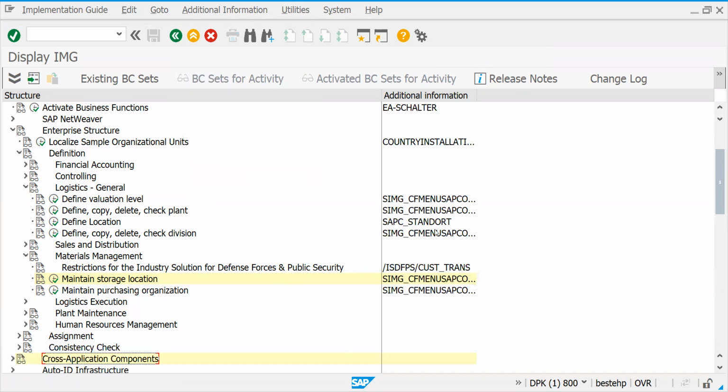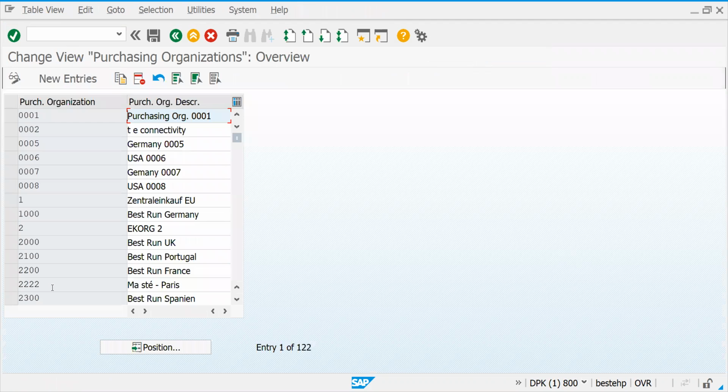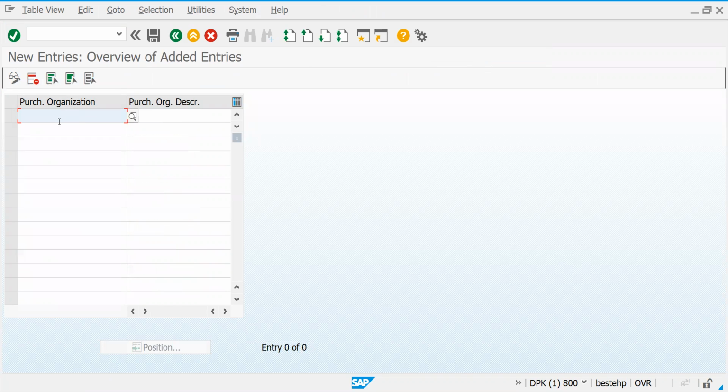Here you can see maintain purchase organization OX08, the last 4 digits of the transaction code. OX08, maintain storage location OX09. So click here, new entries, purchase organization, I am giving NM08 only.